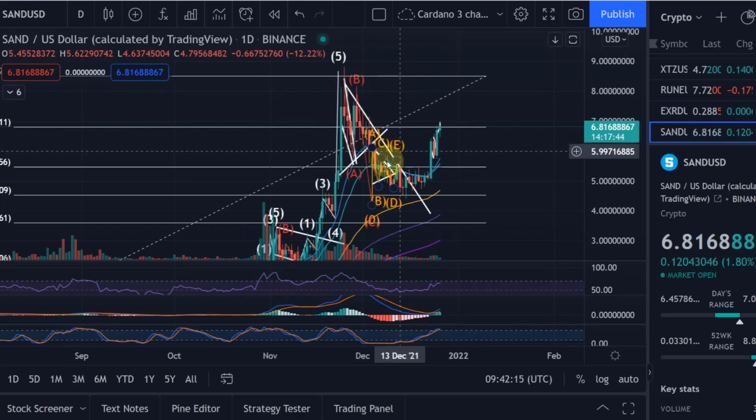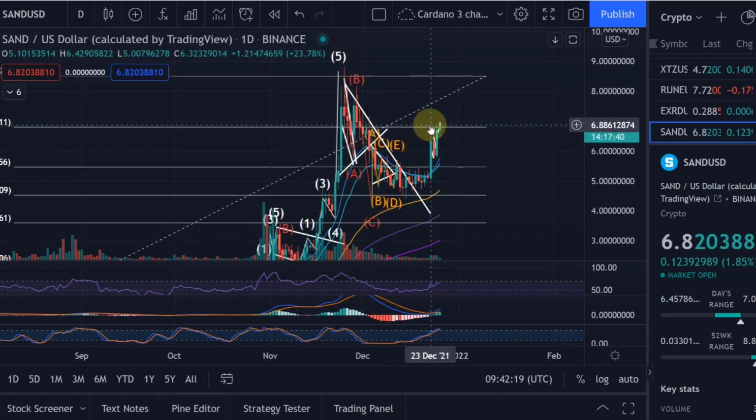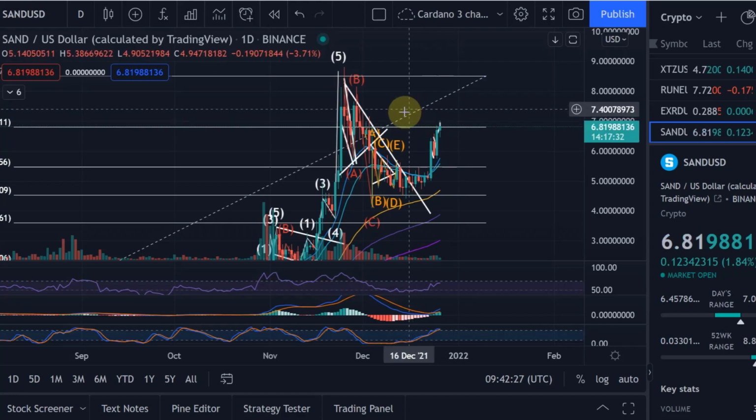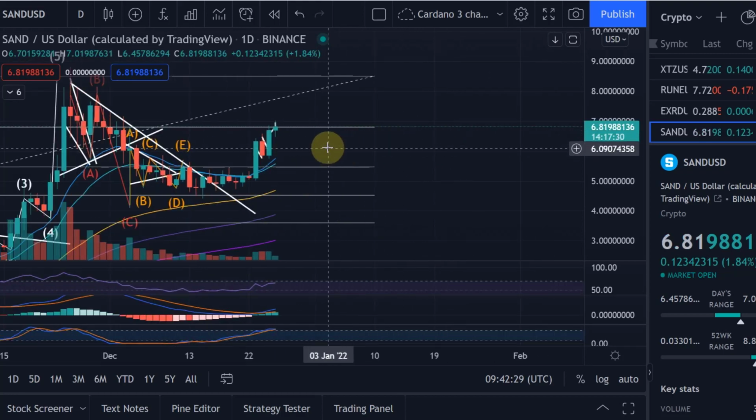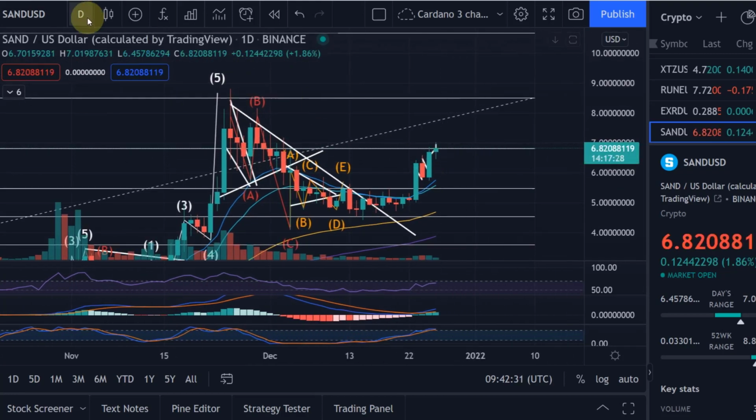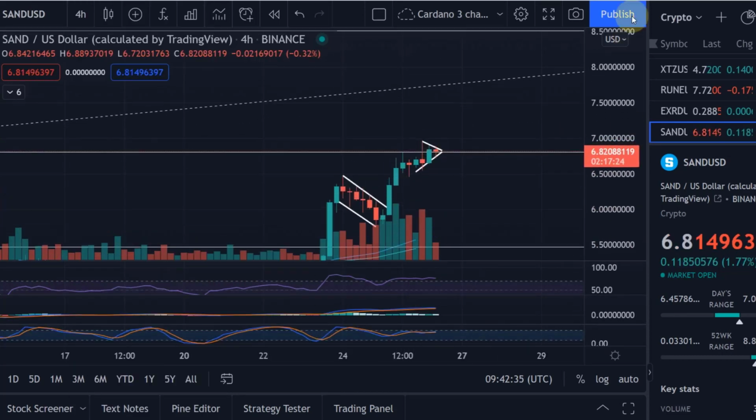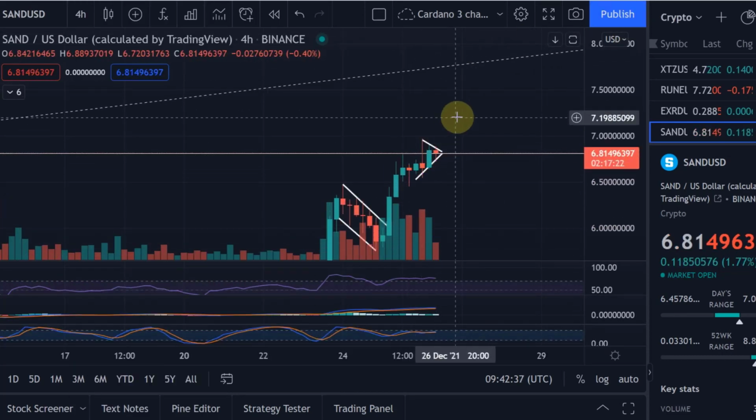But also, you know, the ecosystem is growing. That is also why I think in 2022, especially Sand, but also some of the other gaming play-to-earn cryptos are going to have a great year next year. So yeah, I think personally, and this is just my personal expectation here, is that we can expect further continuation of this anyway in the short term, possibly also a positive breakout here to the upside out of that triangle,